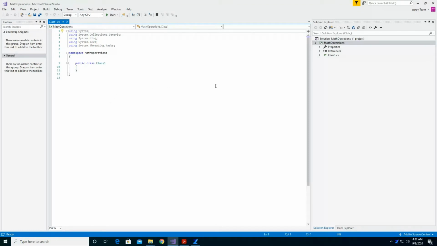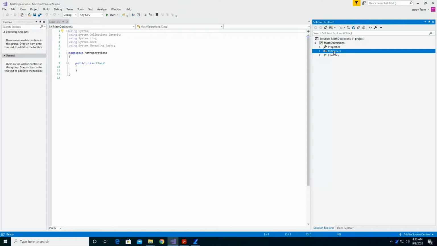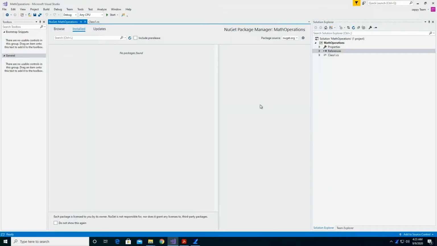Before starting to write the code, in the Solution Explorer, go to the References. This is the Math Operations project which we have created. Right-click on References and go to Manage NuGet Packages. Here we need to install the Zappy shared interface package to implement our own code.